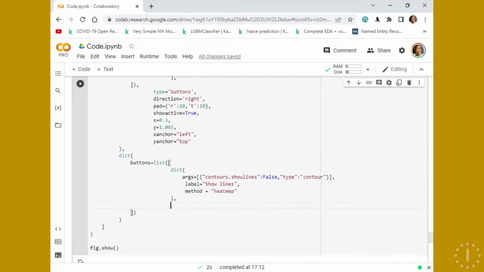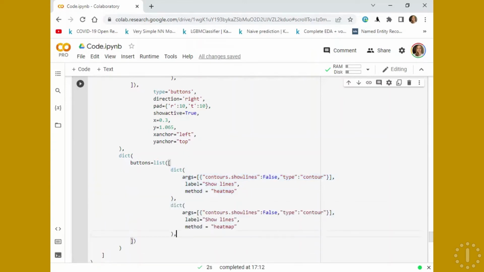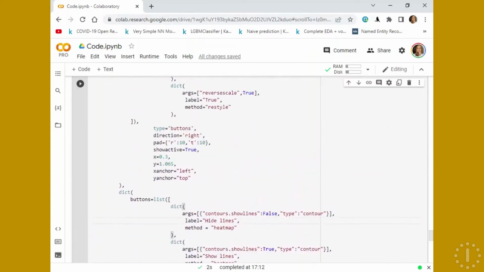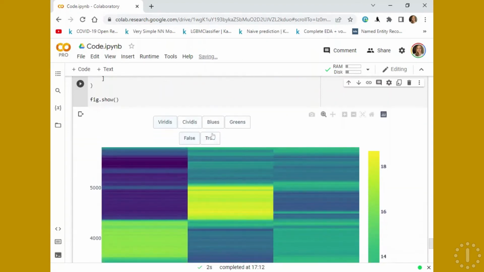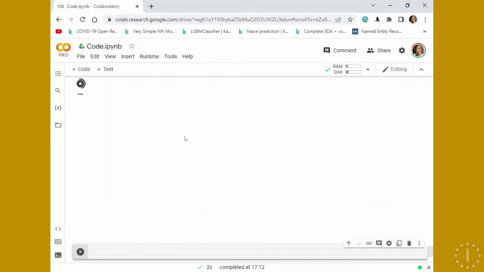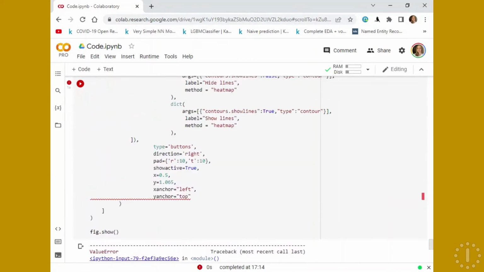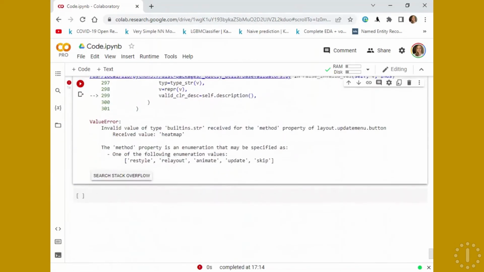Okay, the second button will be contour show lines on true. This will be hide lines, sorry. On true show lines contour. This is the same. Now, again, the type of the buttons is the same one. But I'm going to place the values somewhere over here. So 0.5. What's the error? Let's take a look